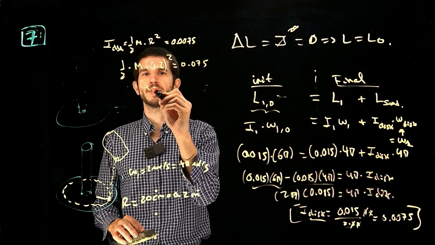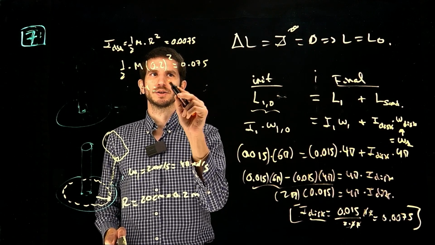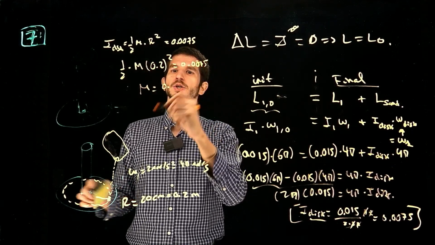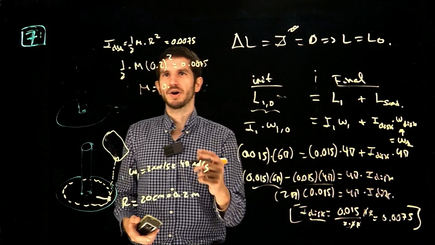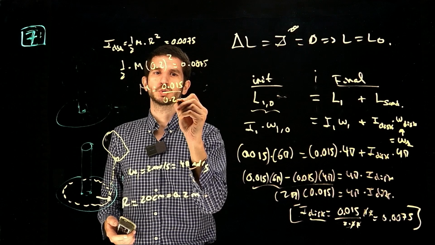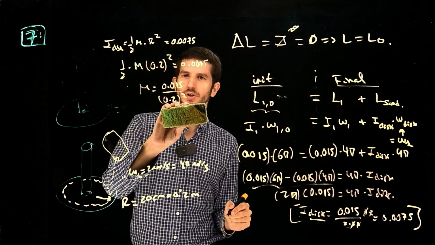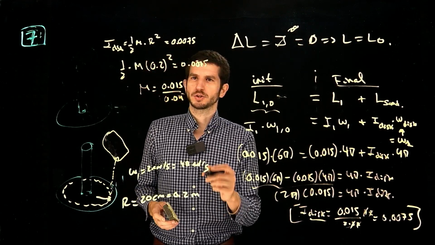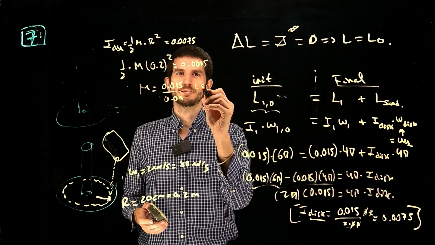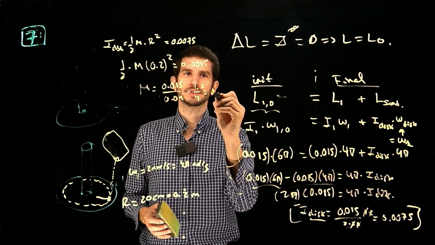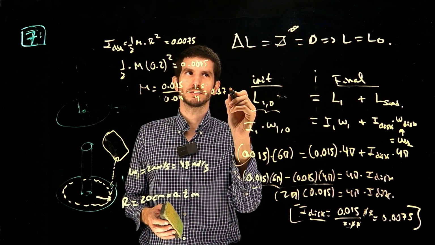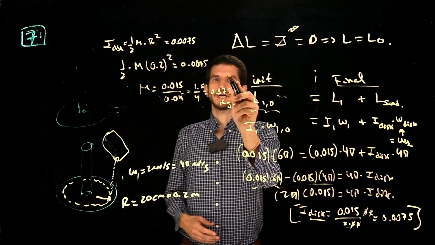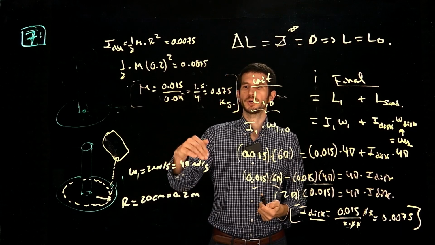So if you solve for the mass, you're going to find that there's a 0 missing there, 0.75. So you're going to have 2 multiplying that, it goes back to 0.05. So it's going to be 0.15 divided by 0.2 squared. 0.2 squared is, of course, 0.04. So that's going to be the same as 1.5 divided by 4. And that's 0.375, I think, right? Well, 0.35 kilograms. So what is the answer to the question, how much mass do you need to keep pouring to bring down the velocity? Well,